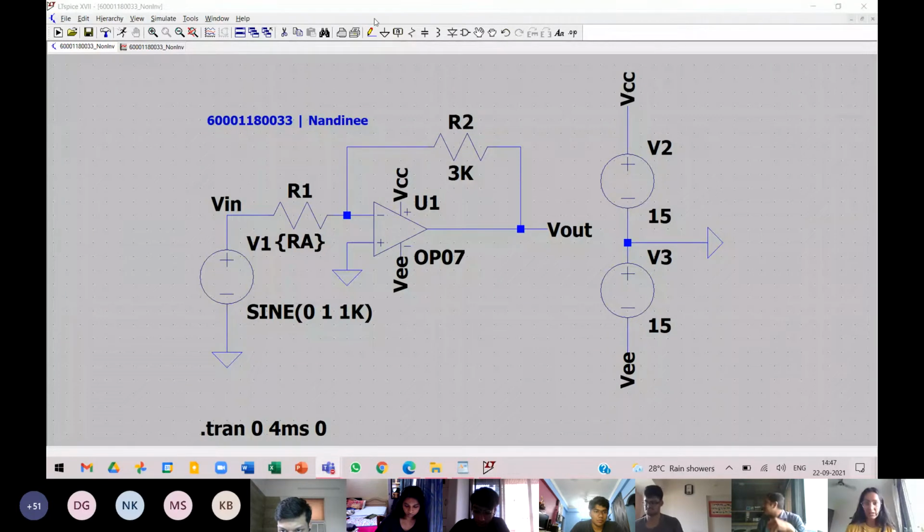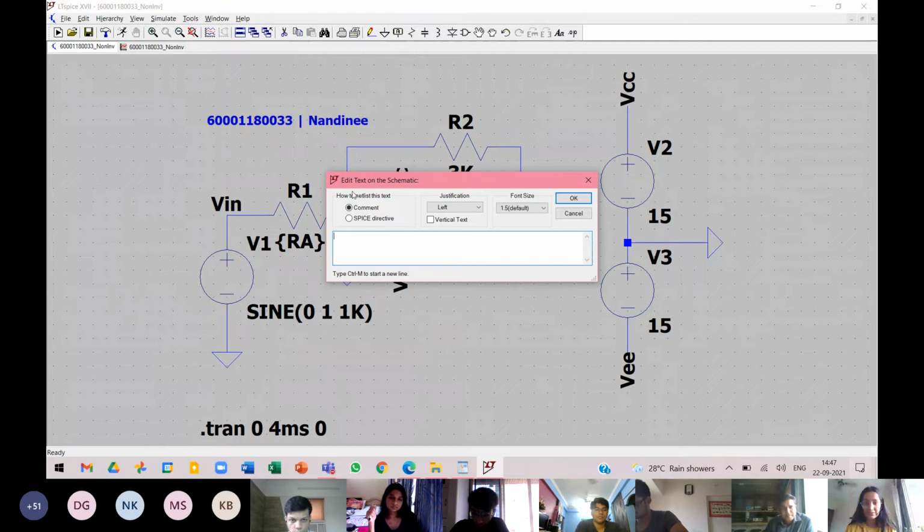And as you saw earlier, when you hit the text on the schematic, there's the option of entering a SPICE directive, right? Since this will be a command, it is how you will be varying the resistor, so it will be a SPICE directive. The starting and end limit of the resistor, and the step by which the resistor will increase, will be given in this directive. We will be writing that as .step